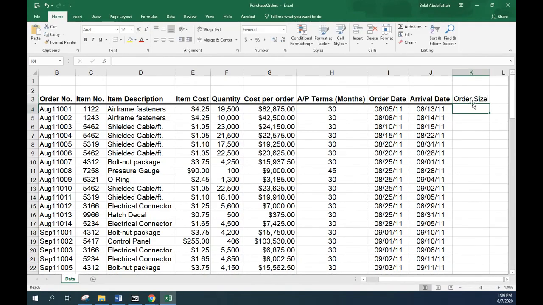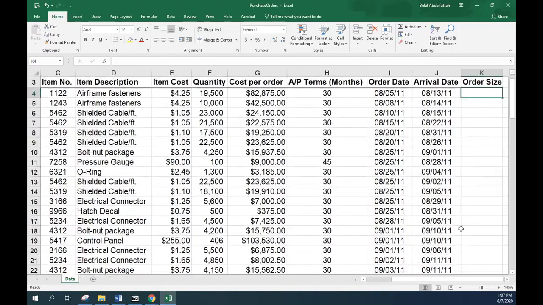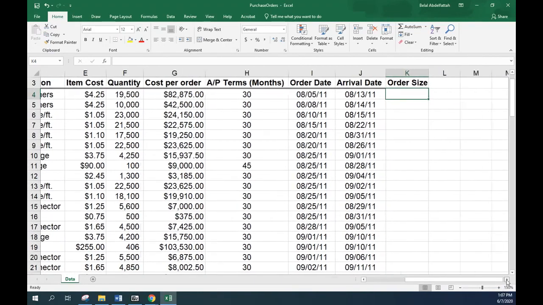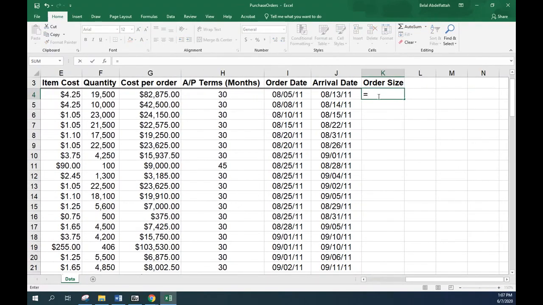And I'll bold that as well. And I'll go ahead and give it a very similar format as the rest of the labels here. So I'll just go to the format painter once it's clicked on Arrival Date, and then I'll just click on Order Date. So we'll have even the border lines there. So I'm going to go ahead and maximize this a little bit, and I'm going to hit the equal sign and type in IF